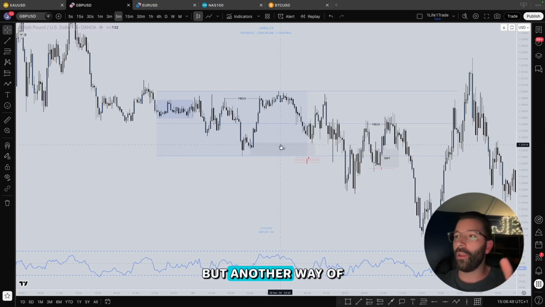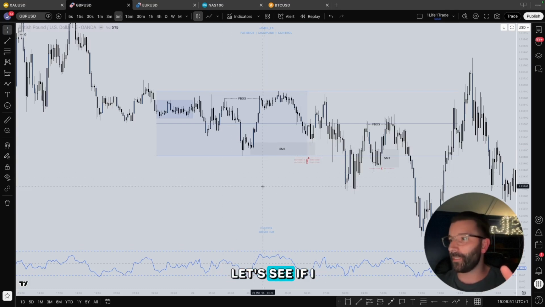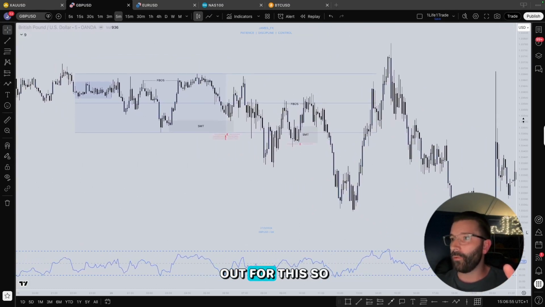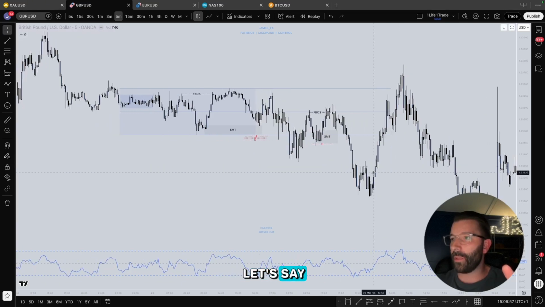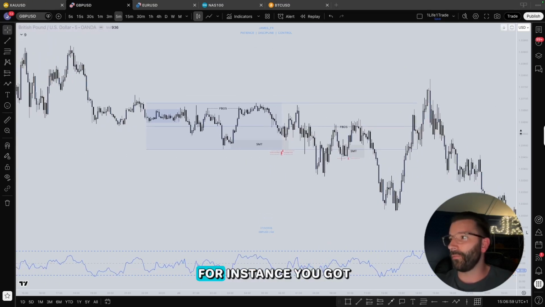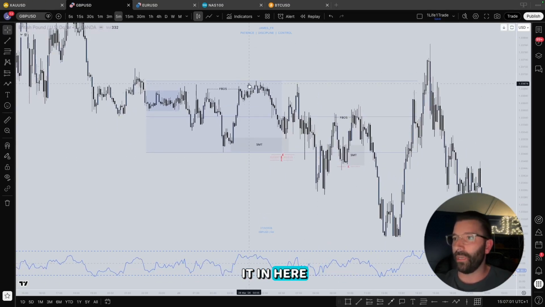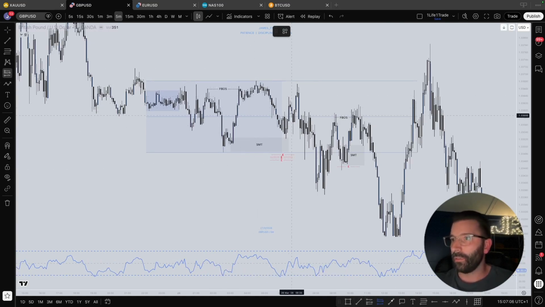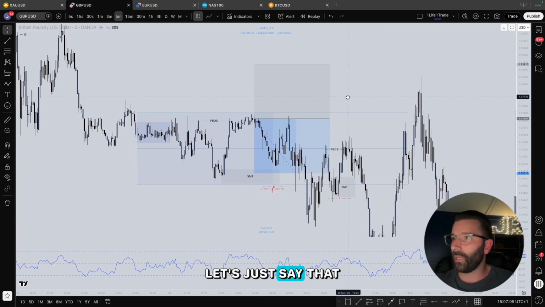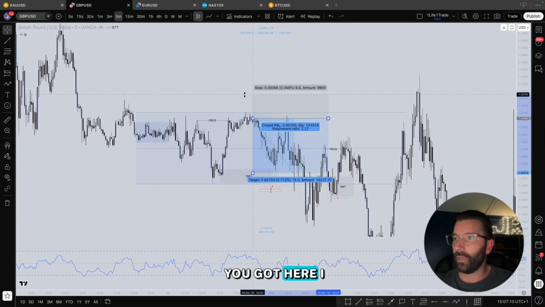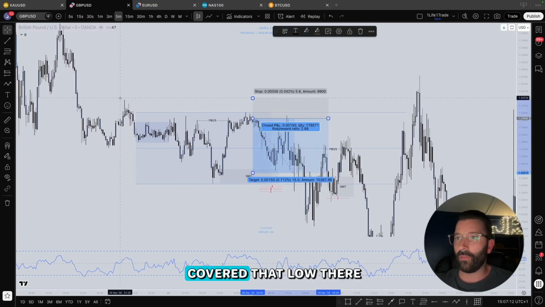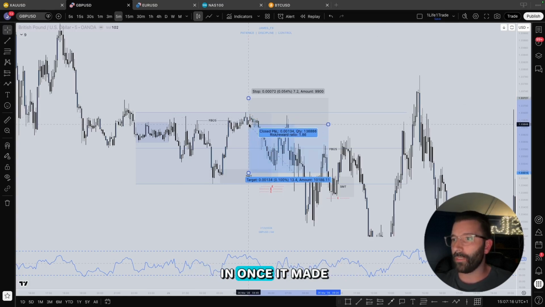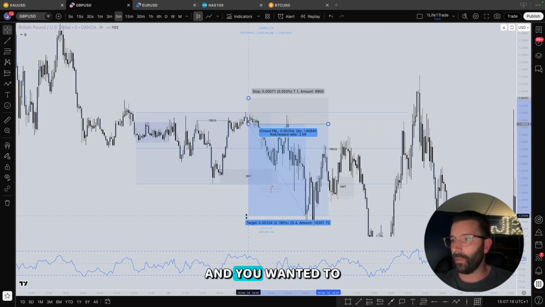But another way of looking at this, let's see if I can find examples. I know I've not actually put any examples out for this. So let's just say, for instance, you got in here. I know that's not the greatest entry, but let's just say that you did. Let's say you covered that low there. It was slowing down. You thought you'd get in once it made that candle there, and you wanted to target